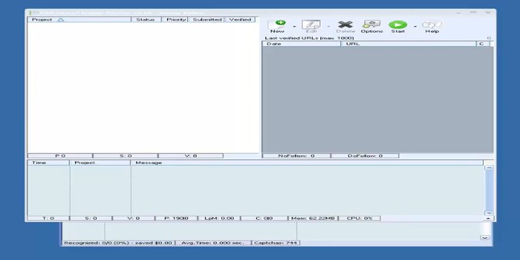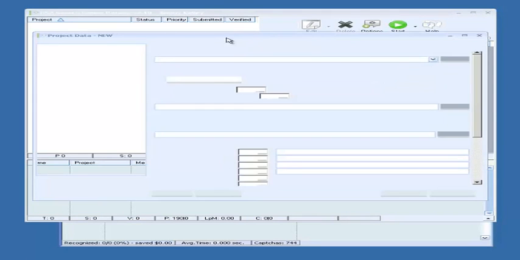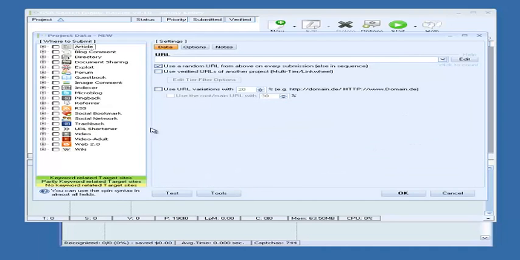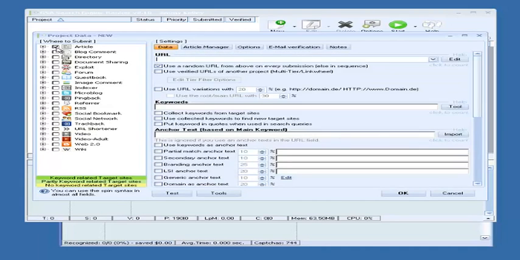We are now finally going to set up a project in GSA, and so what you want to do is come over here and hit new, because obviously you won't have any in there. Where to submit is probably the first thing we need to go over. I'm going to show you what my safe settings are real quick. You're going to uncheck the blog comment, uncheck indexer, and uncheck trackback. And for my safe settings, I would use article,